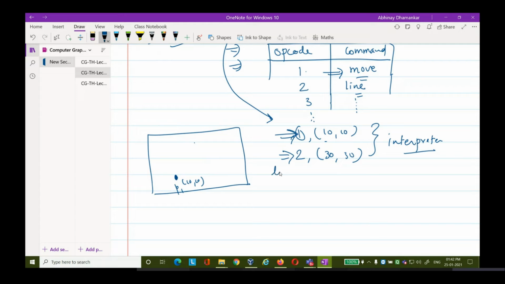Then draw the line. 2 is for draw the line. See, it refers to the line command. Draw the line 30, 30. So ideally this is P2, 30, 30. And the line will be drawn from here to here. Now suppose again, second, what will be the next one, here 15